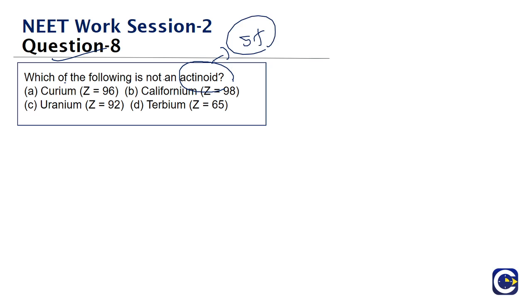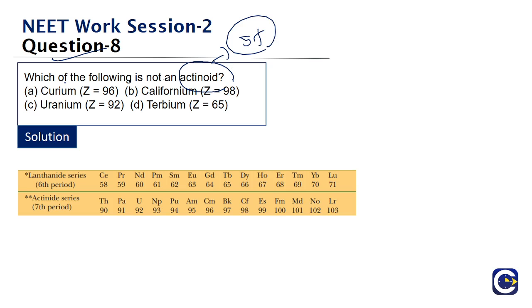But here we can answer these kind of questions if we remember the atomic number range. So after lanthanum, which has atomic number 57, we have lanthanides starting. Lanthanides will be starting from 58 to 71, cerium to lutetium. Then after actinium, which is 89, we have elements starting from thorium to lawrencium. So thorium is 90 to 103. That is the atomic number range. So 90 to 103 is the atomic number range for the actinoids or the 5F series.